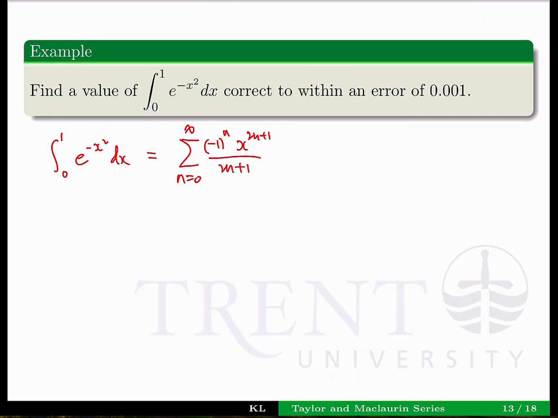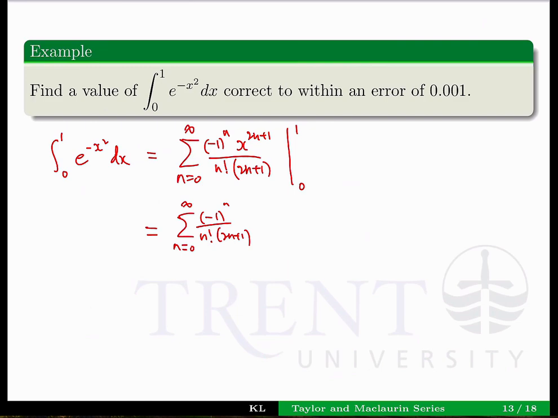Oops, I forgot something, the n factorial in the denominator. Let me just add that part: n factorial times 2n plus 1. There's a plus c, but since this is a definite integral, we are evaluating this from 0 to 1. Right? The value is, at 1, the sum from 0 to plus infinity of negative 1 to the n over n factorial times 2n plus 1,